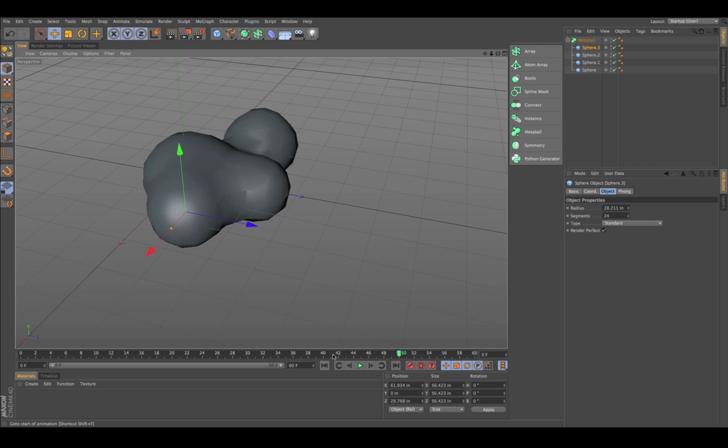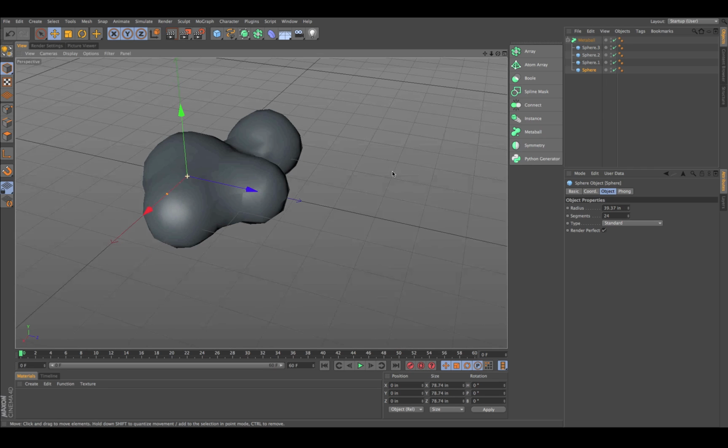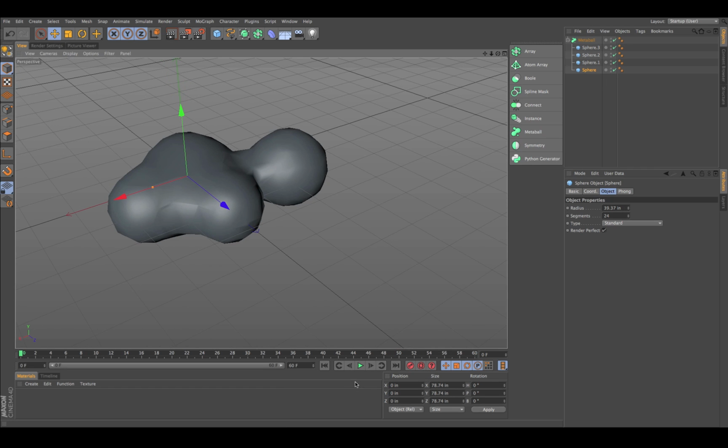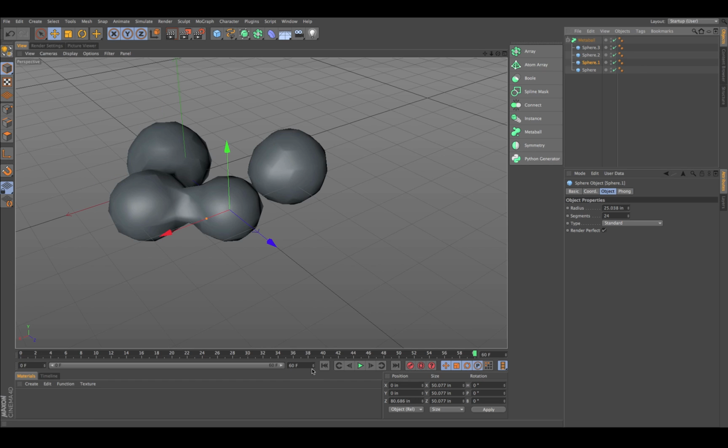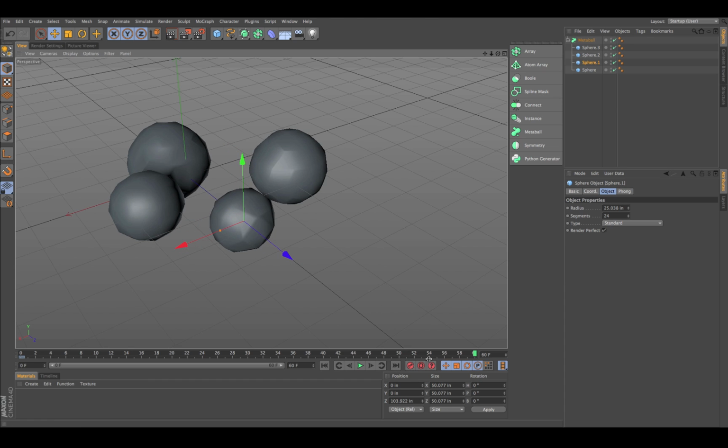What I'm going to do is I'm just going to animate some of these spheres really quickly. I'm at frame 0, I'm going to add a keyframe here, and I'm going to jump over to frame 60, and I'm going to grab this first sphere, and I'm going to push it out like that, add another keyframe, and grab my second sphere, add a keyframe, jump over to last frame, move this out over here,